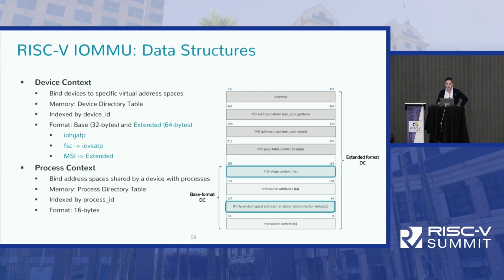In terms of data structures, you have the device context and the process context. The device context is quite important to specify the guest translation, which is this IOHGATP, equivalent to